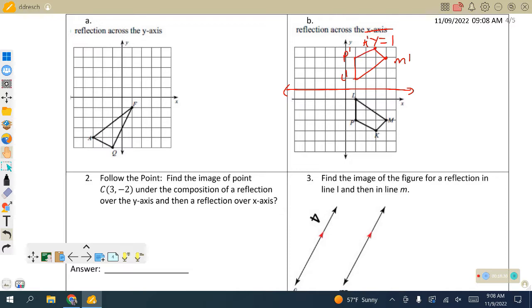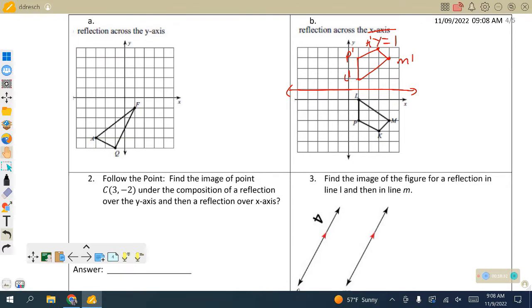And as we keep telling you, when you do reflection, whatever you get, you can fold that paper along that reflection line, it should match up. Okay? If it said x equals 3, x equals negative 3, make sure you make it vertical. Okay? Good. When it's just talking about the